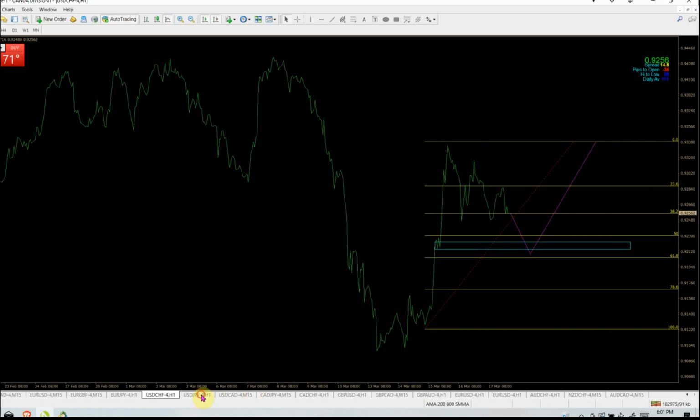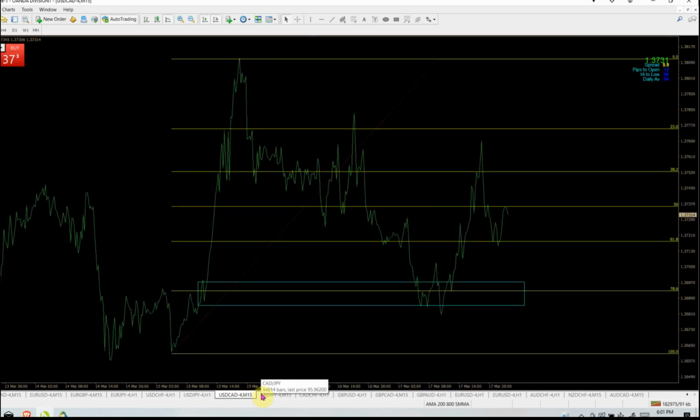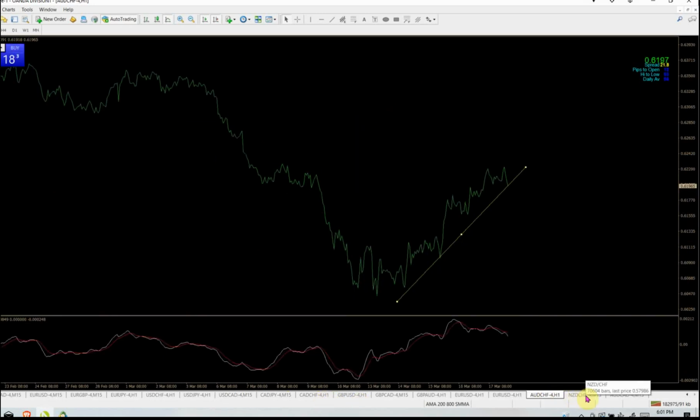Okay, so that's Dollar Swiss. So that's just the other way. This is one that's already happened. Dollar CAD, again, we had an impulsive move up, pulled all the way back to the 78.6, right into this demand zone, and price rallied out. Okay, and I wanted to show you,